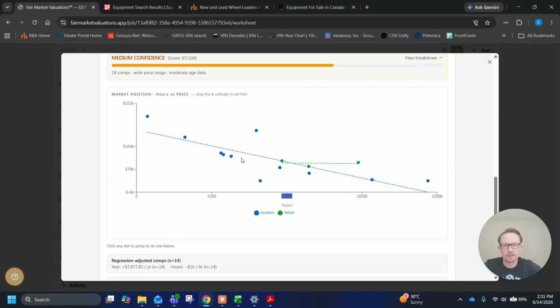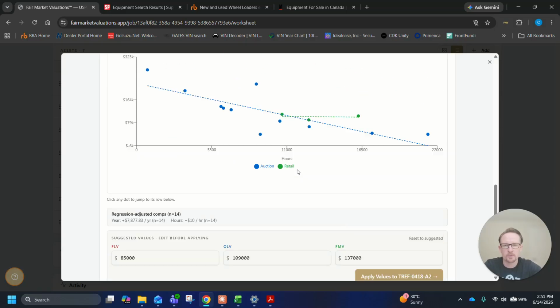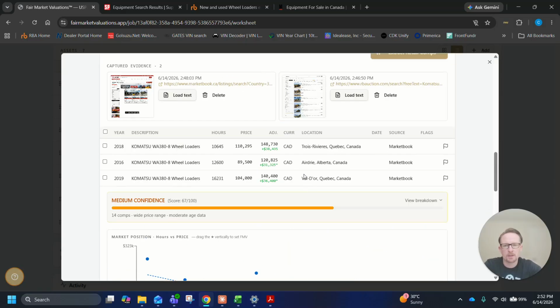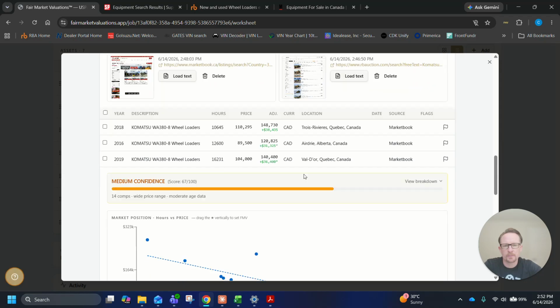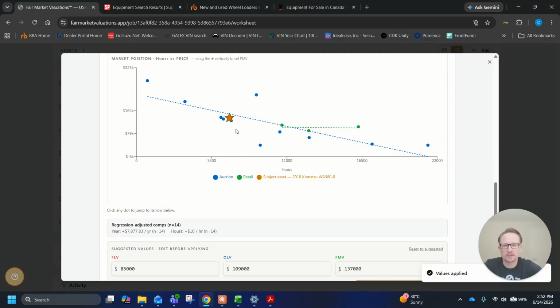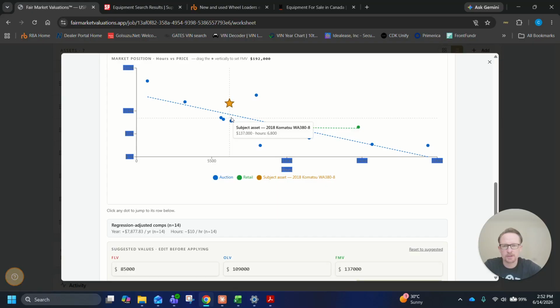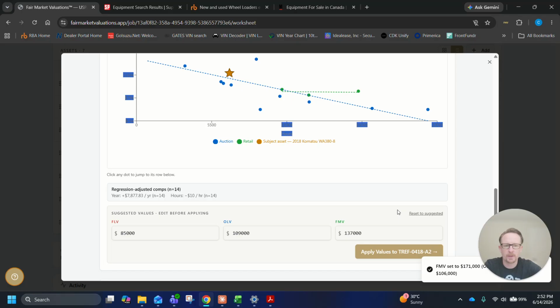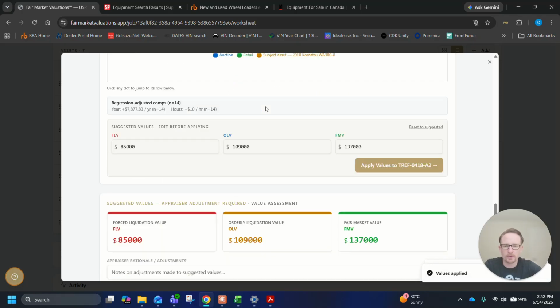Comps is a line that just doesn't make a whole lot of sense. We have to start using our own information. Go ahead and apply just a plot for our unit. I'm going to say, just because this is auction values, I'm going to add, or again, if we go back to where the auction values are,